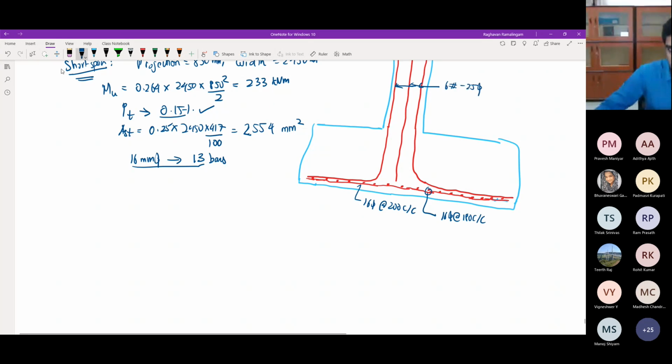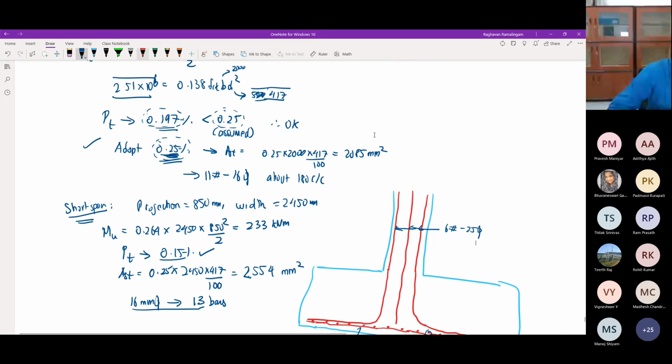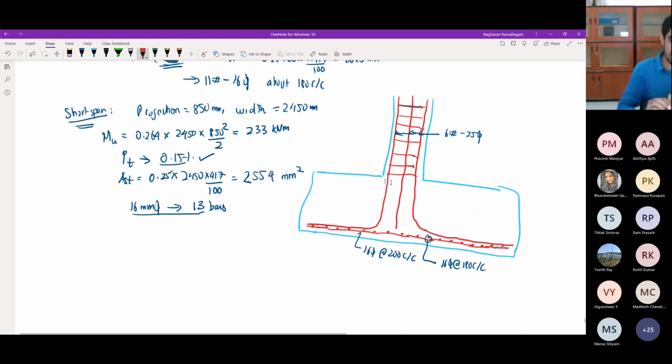Of course, there'll be some ties also in the column, but nothing has been mentioned about that. Anyway, these things are there. Of course, dimensions will be known. So this is just a very rough way of showing the footing, and you can also show it in plan. If you like, I can show how it looks.